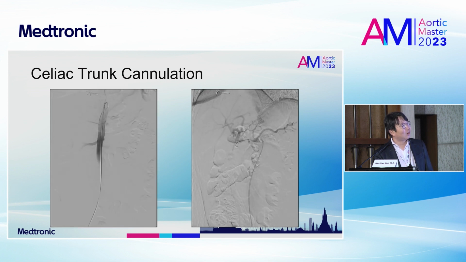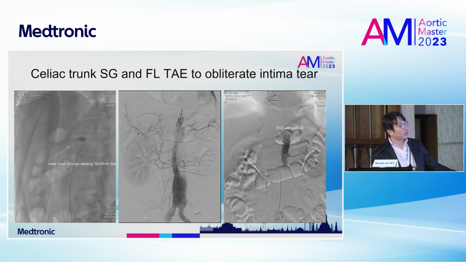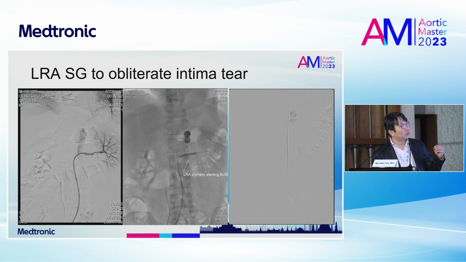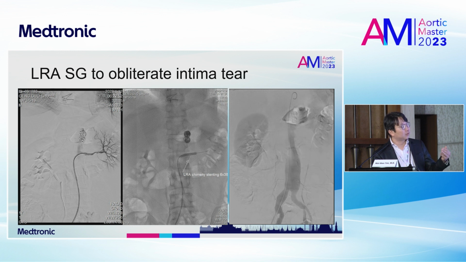So this is how we treat it. We want to try to obliterate all the distal tears for him. We also want to protect these visceral vessels. So for this patient, we try to reroute the entry tear back to the true lumen with the stent graft, and we close the false lumen with some coils, and then we also redirect the left renal artery back to the true lumen, and then we still find